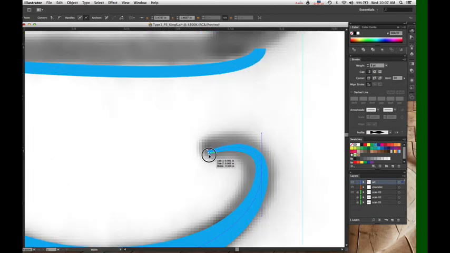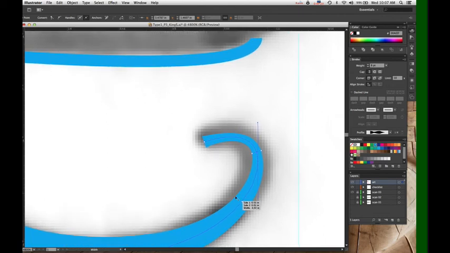So I can make, for example, I can make the inside of my curly Q terminal a little bit wider. I can make it a little bit thinner here and sort of flare out there if that's what I want. You can control the thickness along so many axes, it's not even funny. If you want to adjust what you've already done,